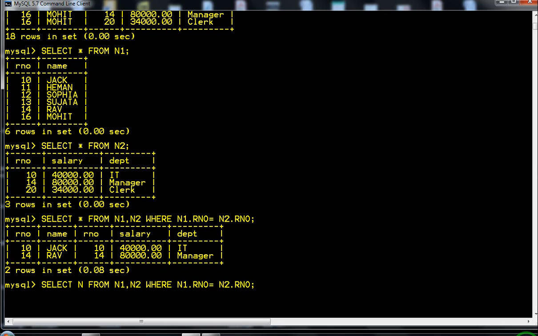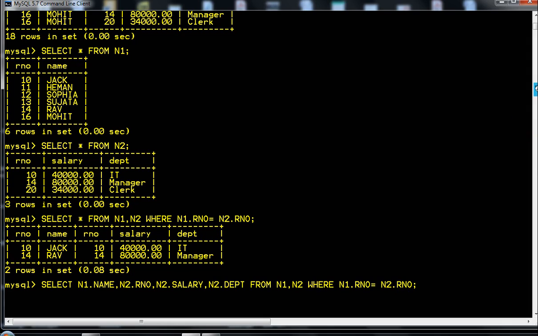So, if you want to display the name of an employee, you have to write the name of the table, n1 is the name of the table, followed by the field that you want to display, then comma and N2 dot, I want to display roll number from N2 only. So, N2 dot roll number. N2 is the name of the table. Do not write the name of the column first, you have to write the name of the table first. N2 dot salary, N2 dot department.